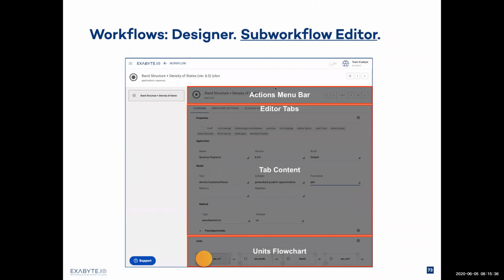The sub-workflow editor, again, has multiple components to itself. There's this actions menu at the top. There's the editor tabs that can help us set certain sub-workflow parameters. And then there is a units flowchart that shows the units and how they are connected to each other for